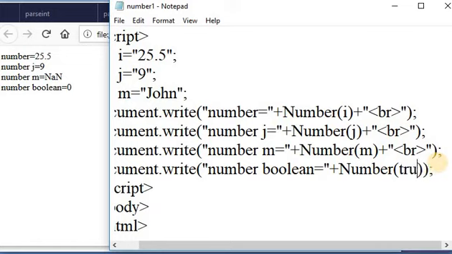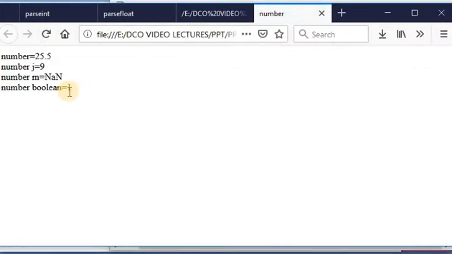Save this file and see the output. It will return 1. The boolean value true returns 1, and the boolean value false returns 0. This is the Number method which converts a string to a number.